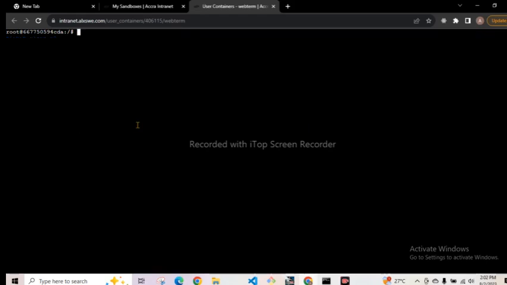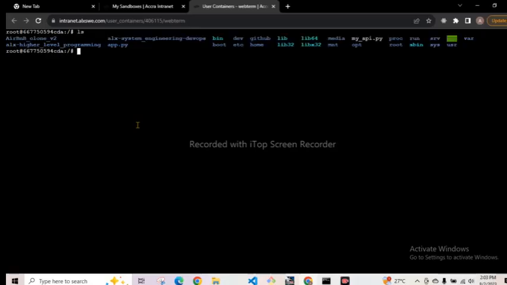Now let's look at another command, rm. This rm command is used to remove, or let's say delete, files and directories. It means that we use it to delete files and folders. Let's look at the usage of rm. If you press rm and specify the file, let's assume that we want to remove